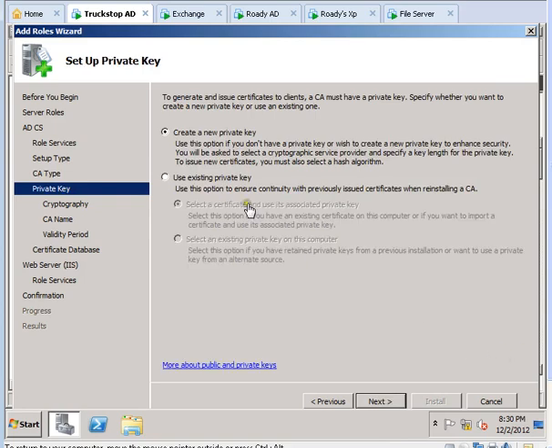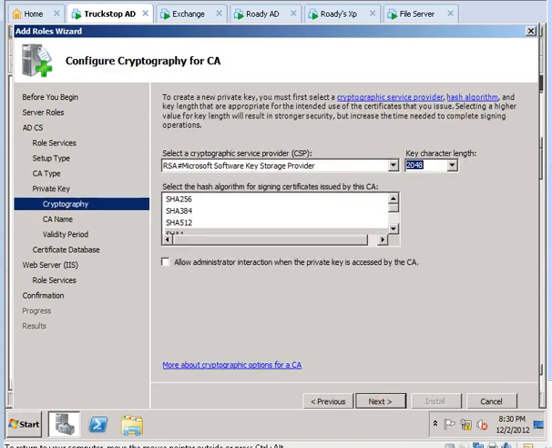In this option you will have to go to generate and issue certificates. You will need to select create a new private key, because use existing private key is for if you have one, and I do not have one, or if you are reinstalling and you know the key. So I'll go ahead, click next. This option is selected as a default, so you don't have to change anything here for the keys or anything. Just go ahead and click next,